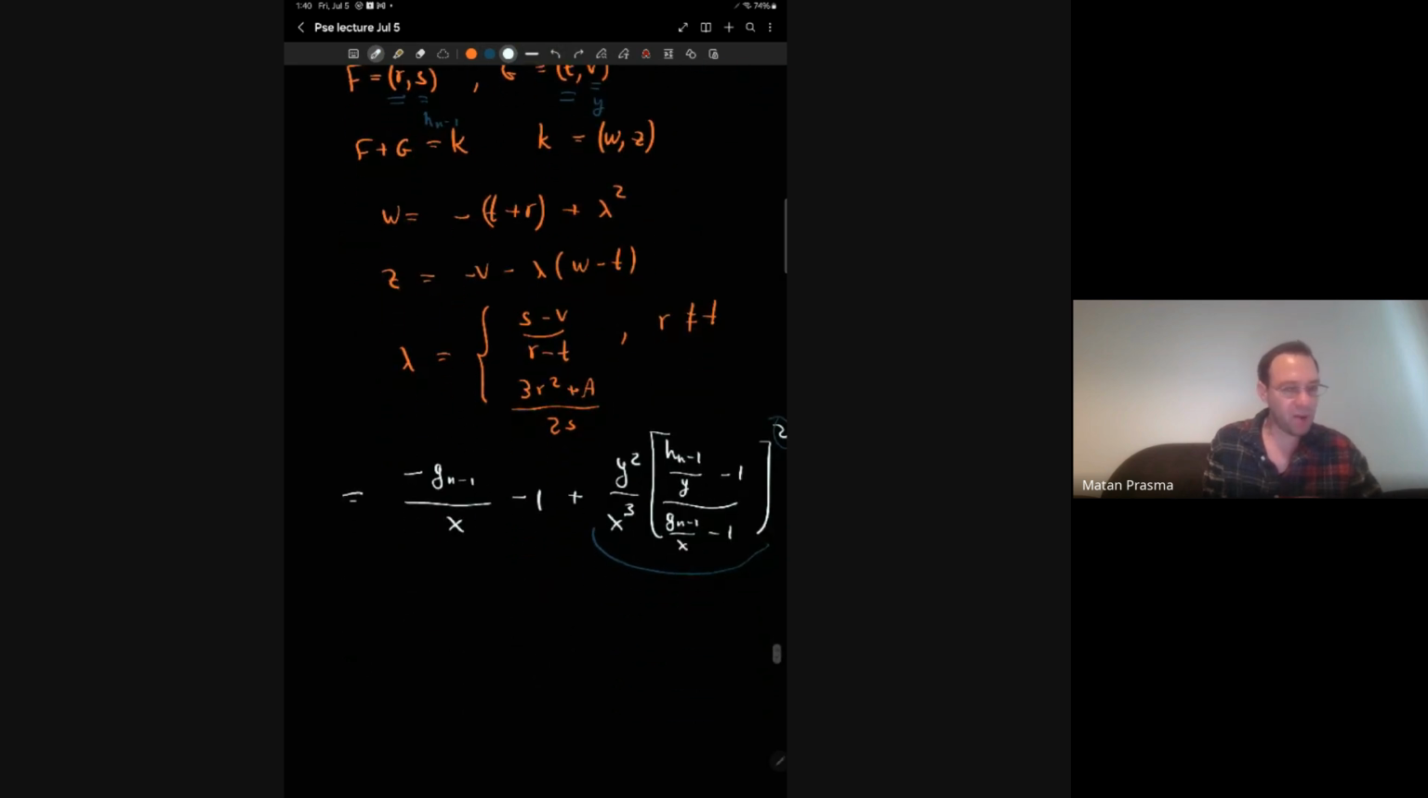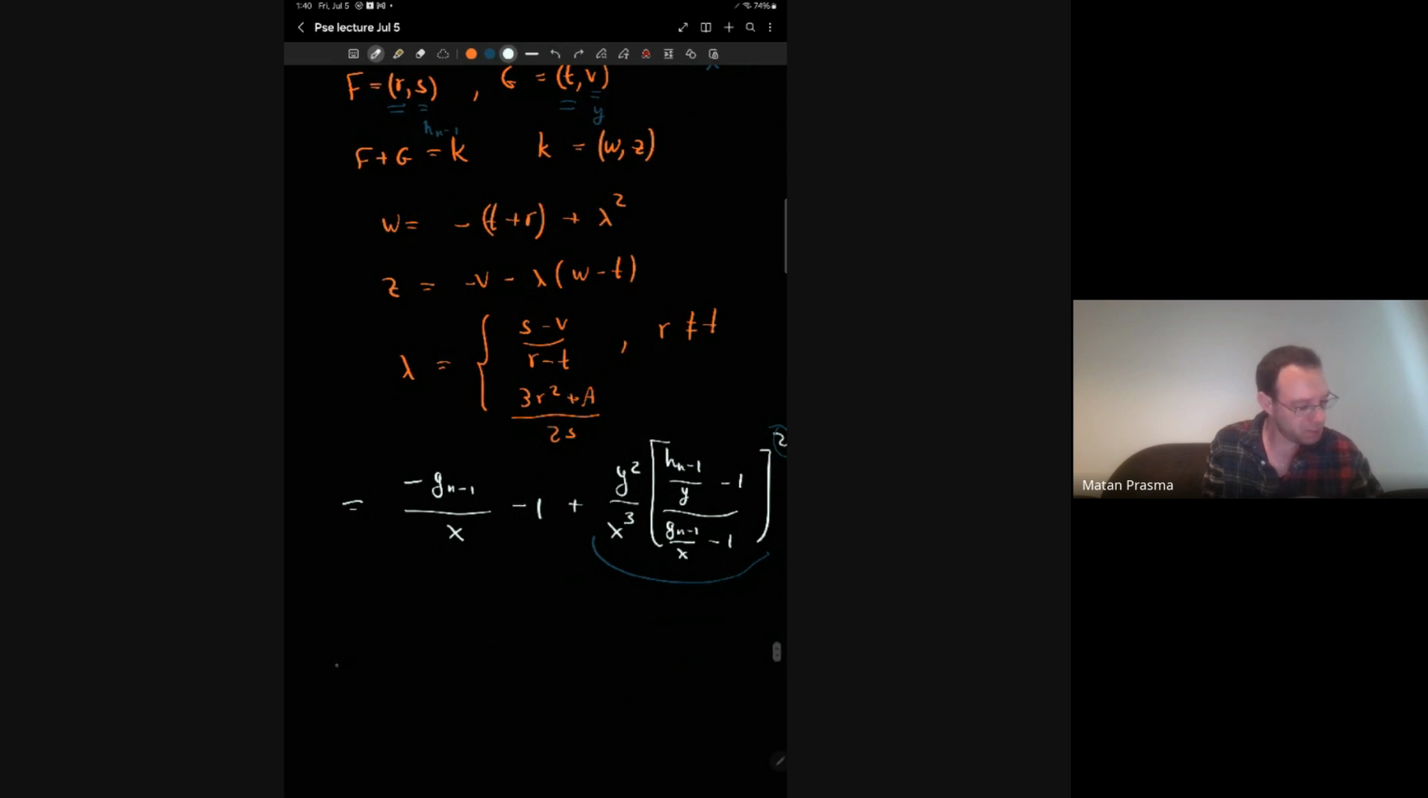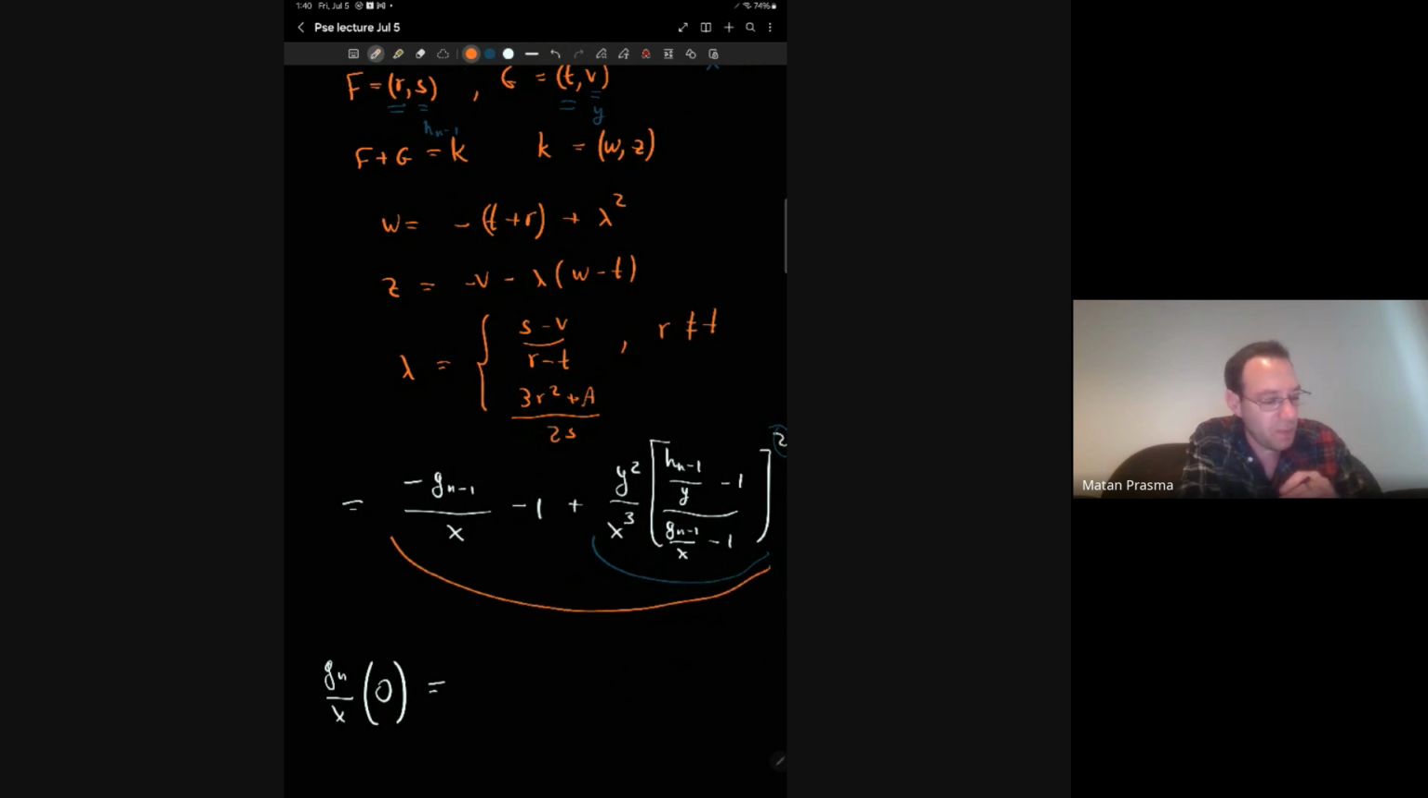Okay, so now I evaluated O. Now I do gn divided by x, evaluated at O. This is just evaluating this orange expression in each term. I mean, if I can evaluate in each term and it gives me a finite thing, then it means I can evaluate each term separately. So